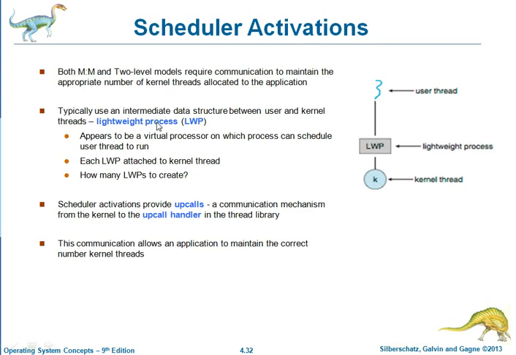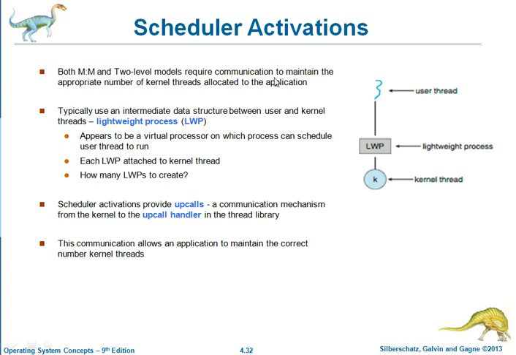The kernel provides an application with a set of virtual processors, or lightweight processes, and the application can schedule user threads onto an available virtual processor. Further, the kernel must inform an application about certain events. This procedure is known as an upcall. Upcalls are handled by the thread library. Upcall handlers must run on a virtual processor when an event triggers. An upcall occurs when an application thread is about to block. So the kernel makes an upcall to the application, informing it that a thread is about to block and